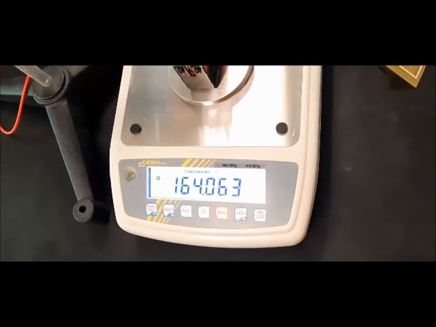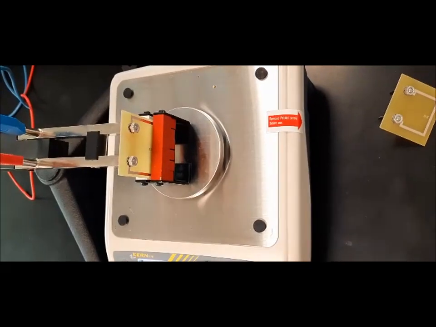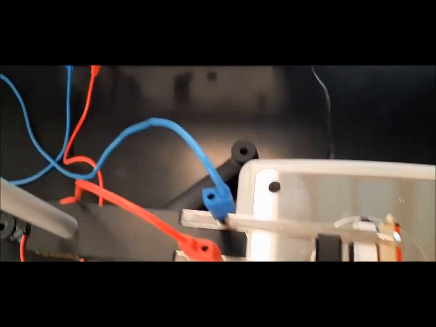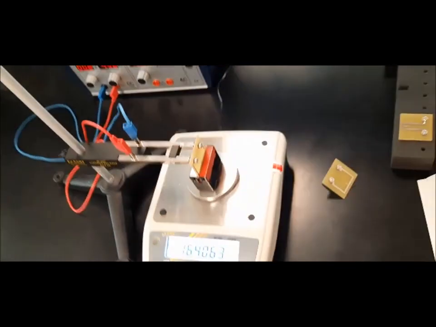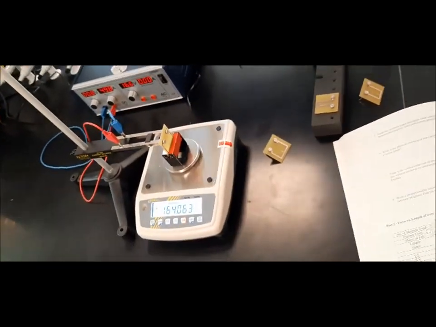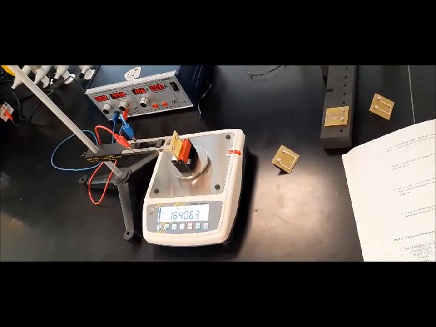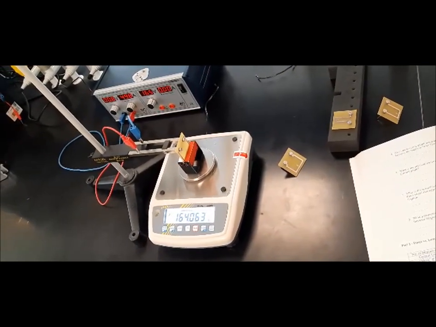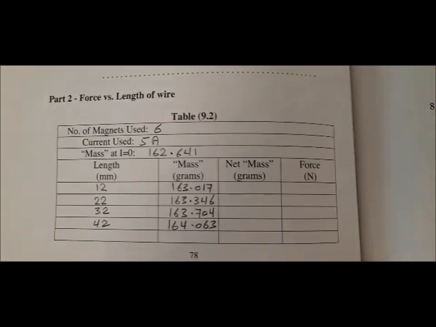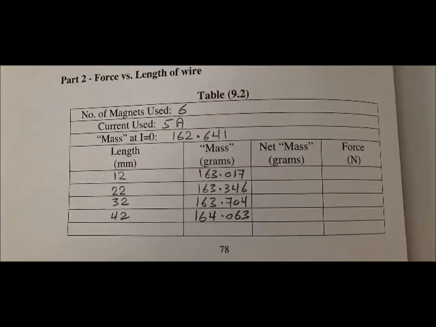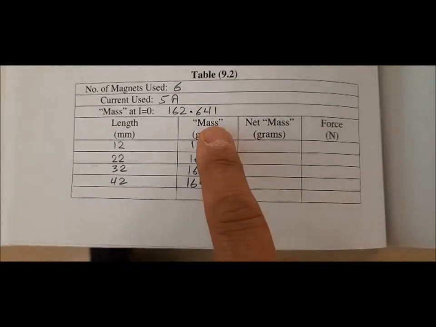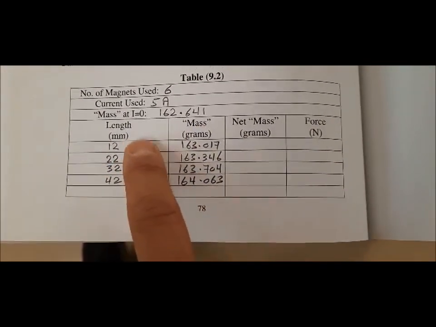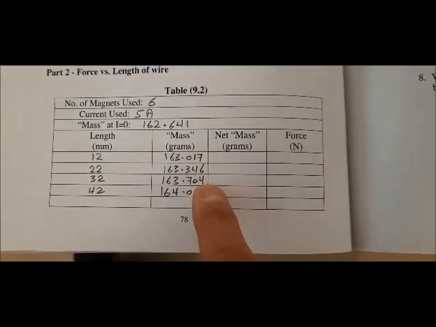using the 42 millimeters long, and 5 amperes current. So now we have 4 different lengths and the value of the mass for each of these 4 lengths. Because in this second part, this is the table, this is the data we have. 6 pieces are used, 5 amperes. This is the mass without a current, and for each of the 4 lengths, this is the mass we have